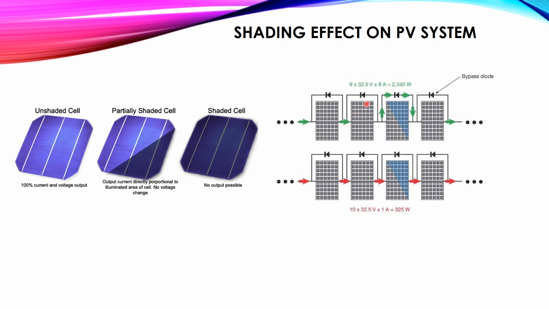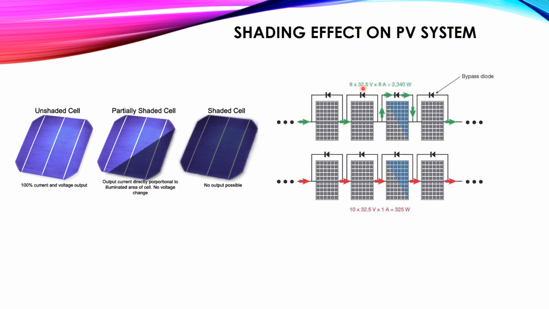Okay, so the 8 ampere is the current of this one, this one, this one. But this one is cancelled, so it does not have any effect on the current. So now we have 8 ampere, which is the current flowing through our panels, multiplied by 32.5 volt, which is